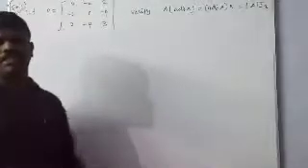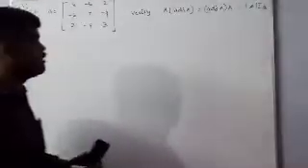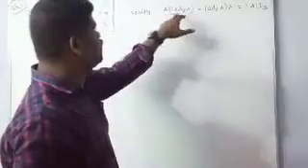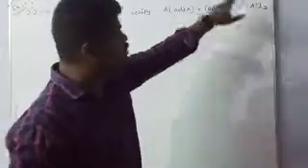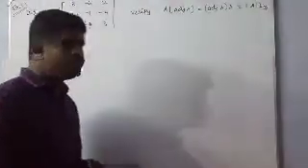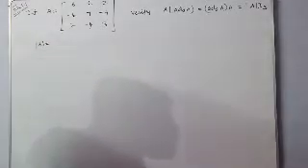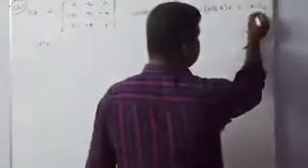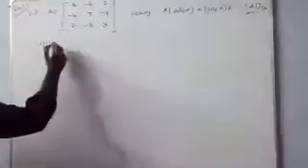So how to approach this sum? It is easy. Suppose you find A and adj A, and then multiply these two, and the value is to prove determinant of A into I3. So I can do the easiest way. Follow this. First we compulsorily have to find determinant of A, because that is what is in the proof. So that's why we have to find the determinant.